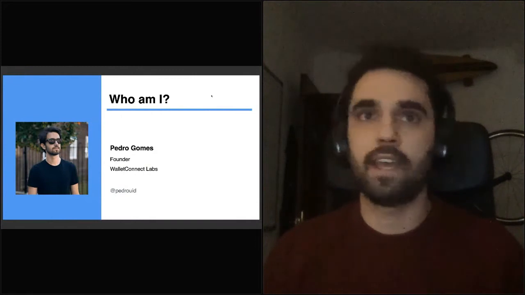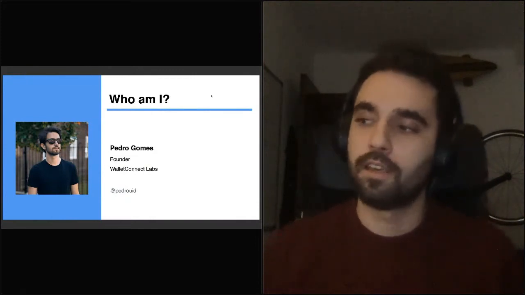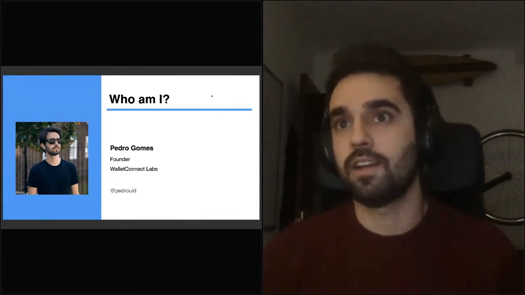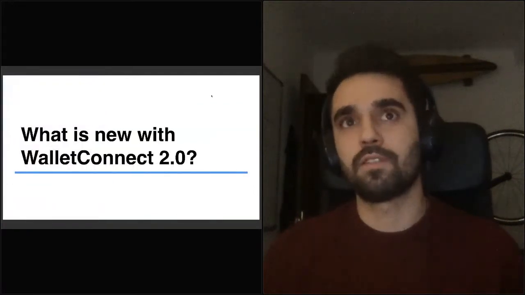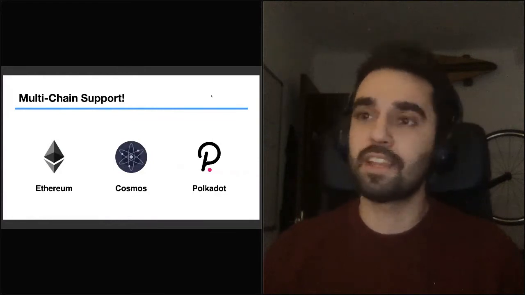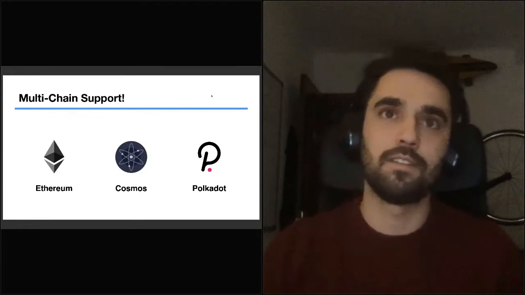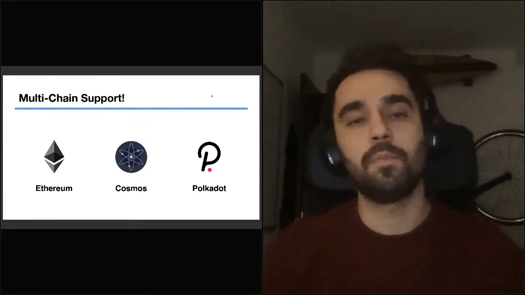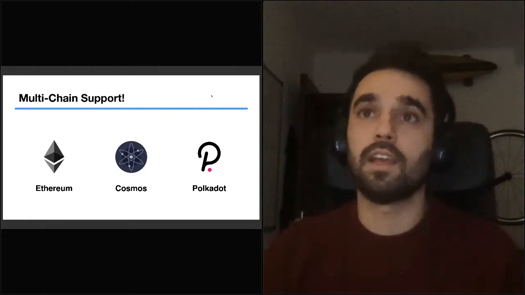And I think that now has been the time where the multi-chain universe has really caught up, and we really need to expand beyond just a single chain, and applications have to evolve to that. So that's what's new with WalletConnect. We're introducing multi-chain support, something that has been asked for a long time. We're getting started with obviously supporting the existing tooling with Ethereum, and then we're rolling out different tooling for Cosmos and Polkadot and other chains in the